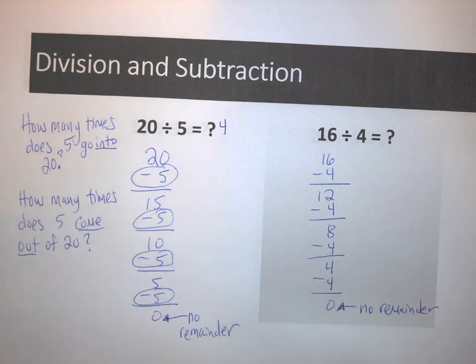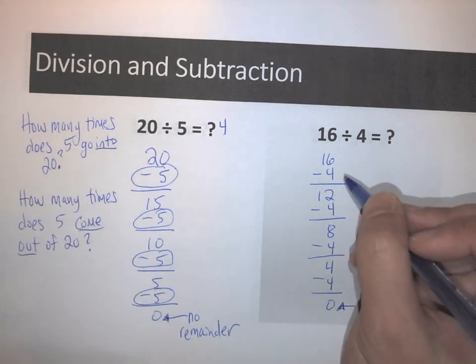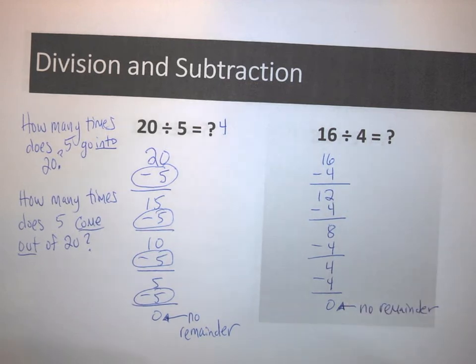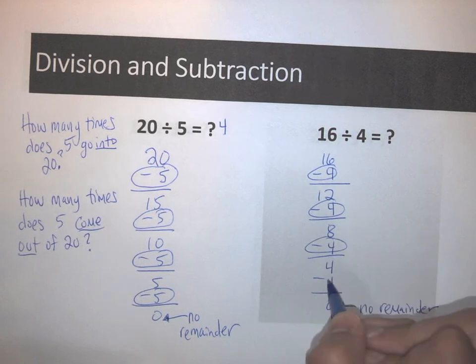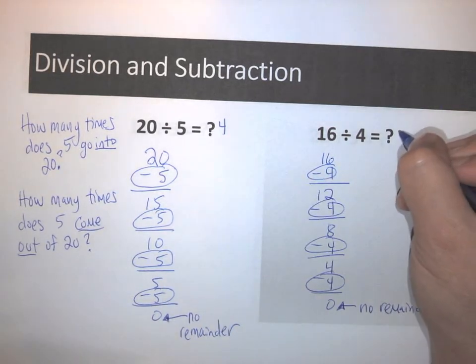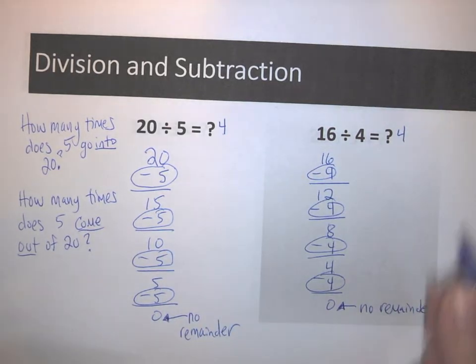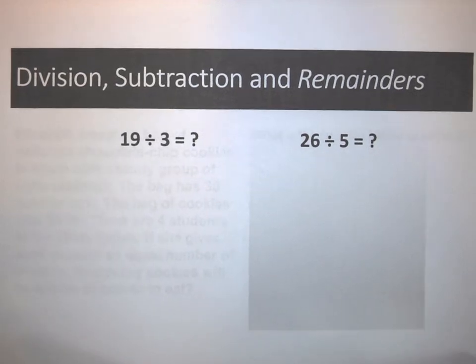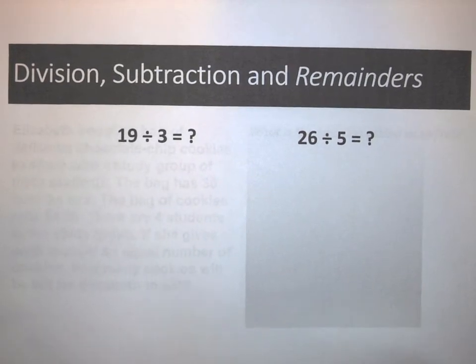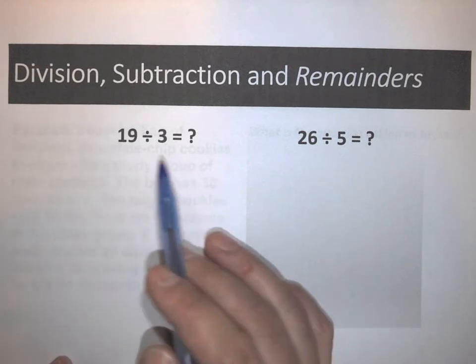So the question is, how many times did I take 4 out of 16? And what I did was I took 16 and I divided it into equal groups of 4. 1, 2, 3. Coincidentally, this one is also 4. And then we can see the inverse relationship, which is 4 times 4 is 16. And the last kind of critical thinking thing I want to think about, and then we're going to do one word problem with division, is